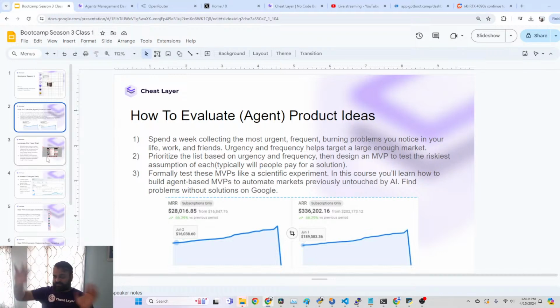Maybe there's something cool that happens after AI, like superintelligence or something. The same framework of thinking will help you evaluate product ideas in a scientific way that will allow you to iterate to product market fit without wasting too much time. Okay? You don't have to follow this, but it just helps you.